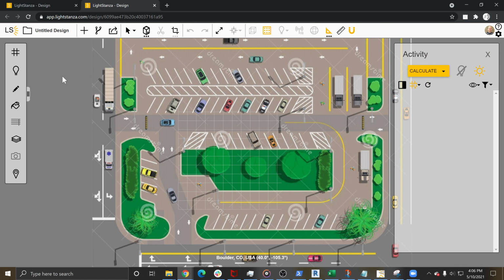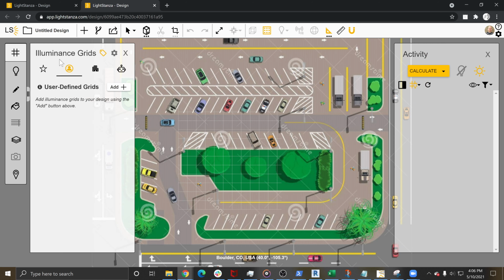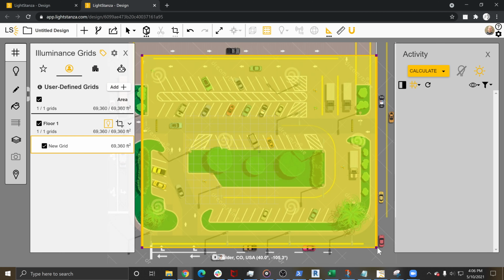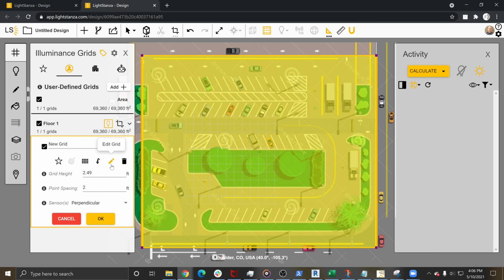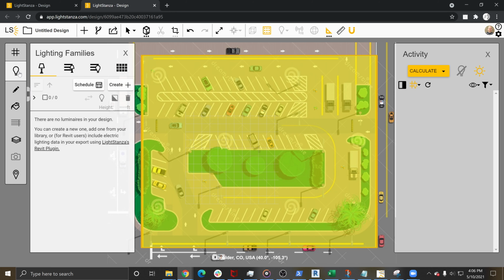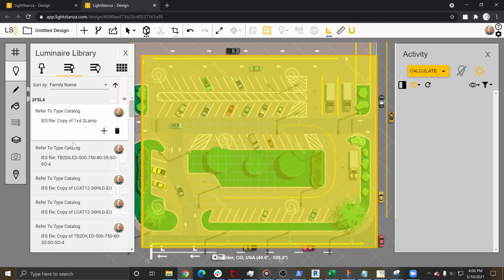I could go ahead and, let's say, I wanted to put in a calc grid. I could just go ahead and pick it here. And now that I've drawn this grid, I can look at some of its attributes, like maybe the calc grid is closer to the ground and maybe the point spacing is going to be wider for the parking lot. So once I have this, I can go ahead and pick some fixtures, and we have some in our